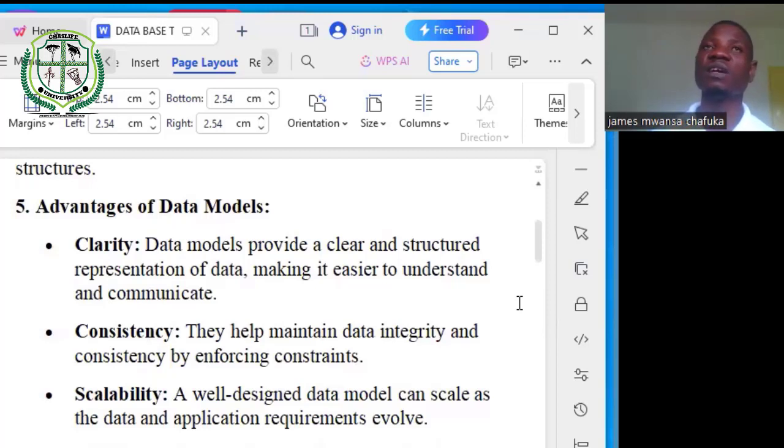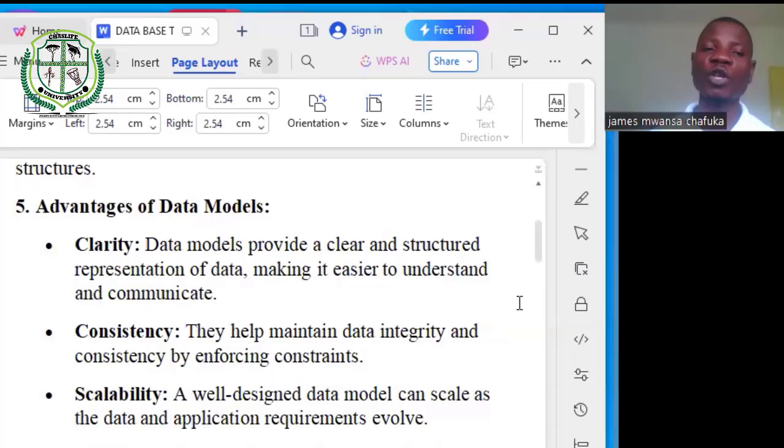So here we are saying that data model helps in maintaining data integrity and consistency before enforcing a constraint. So before enforcing a constraint, the data model helps to maintain data integrity. So this brings the aspect of consistency. So apart from the aspect of consistency, there is also a point which is one of the advantages, which is